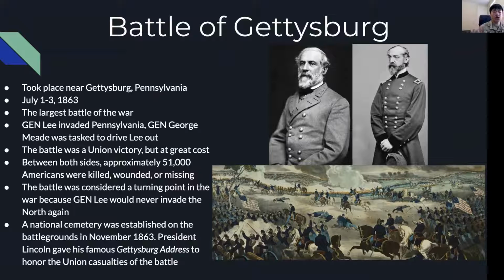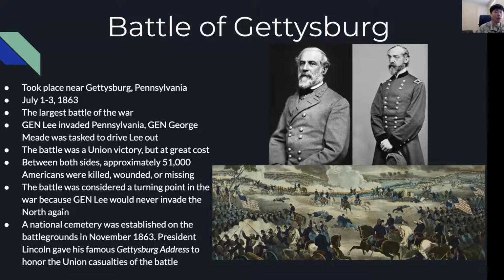The battle was a Union victory, but it came at a very great cost. Between both sides, again, between the Union and the Confederacy forces, approximately 51,000 Americans were killed, wounded, or missing in action. So there were 51,000 casualties at the Battle of Gettysburg. The Battle of Gettysburg was considered a turning point in the war because General Lee, after he was defeated here, would again retreat back to the South, and he would never be able to invade the northern states again